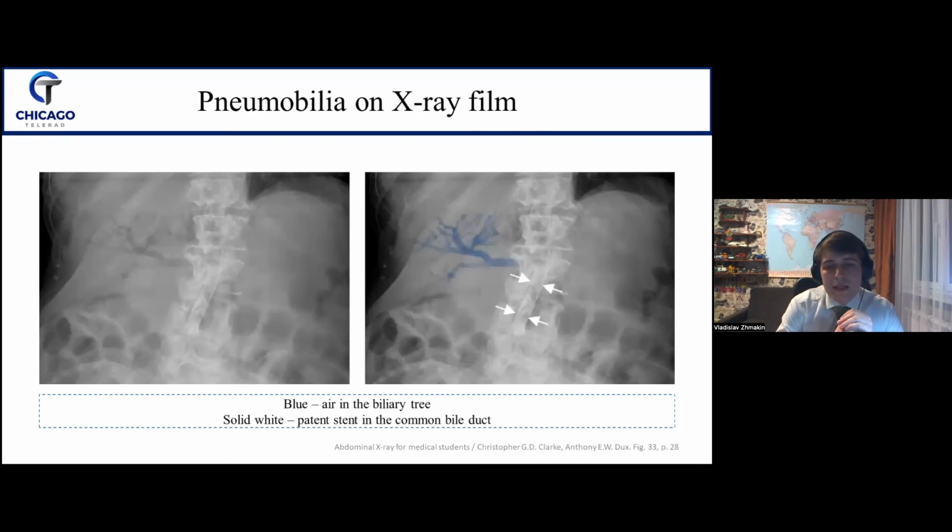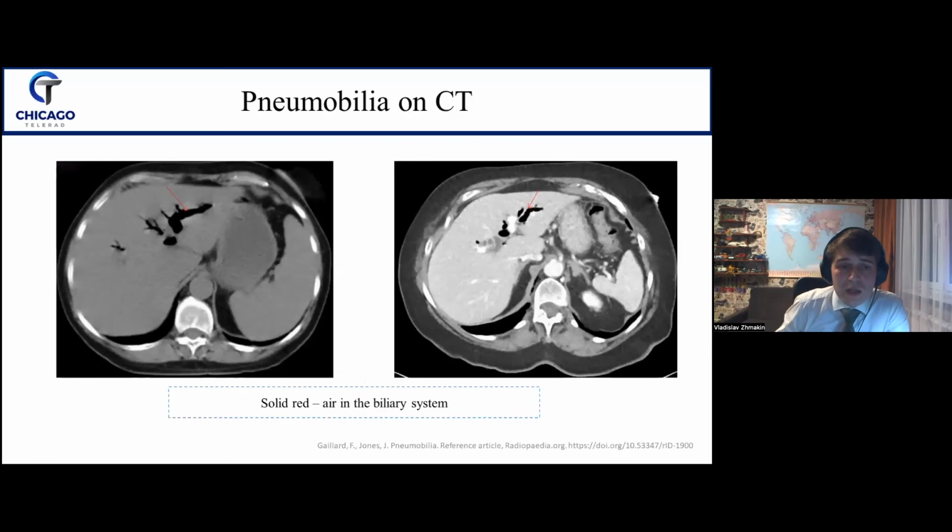It's called a sign of stent obstruction. So if we see the decreasement of air amount in the biliary system, we should think about stent obstruction. CT images, very important to look for the location of this free air, maybe not free air, but